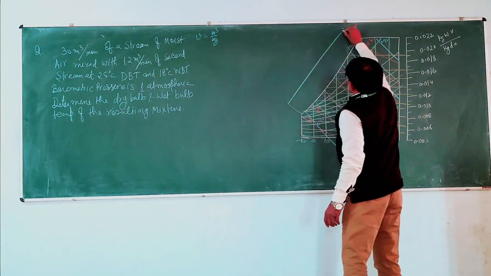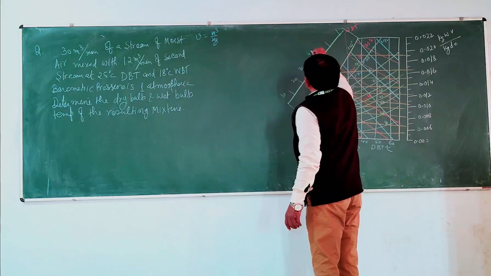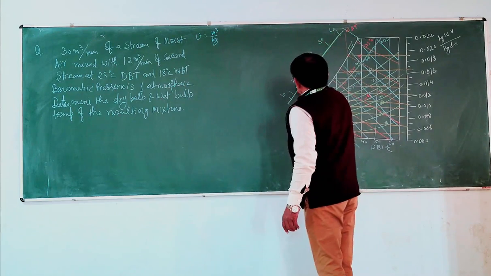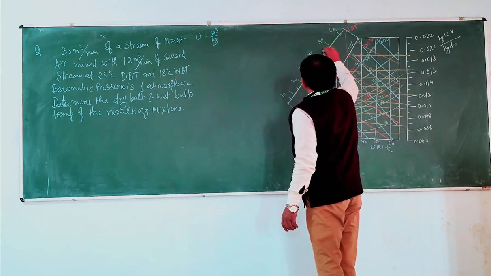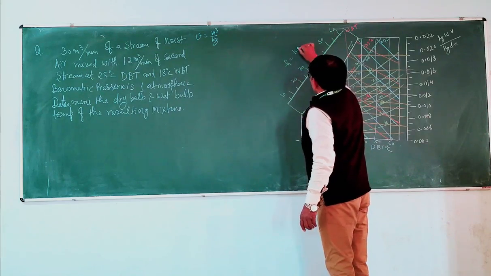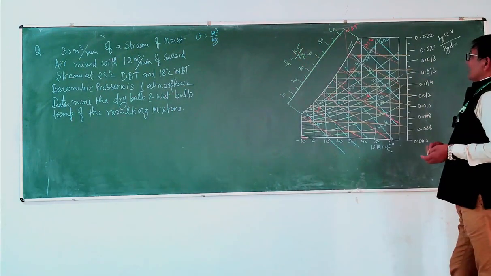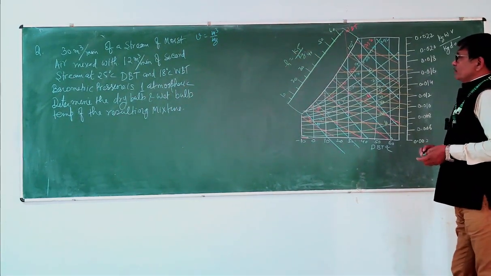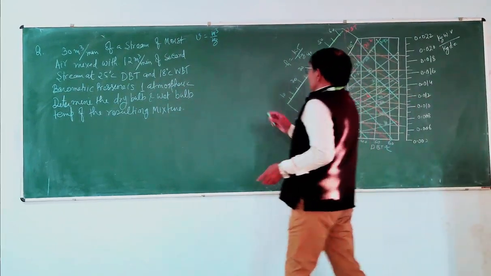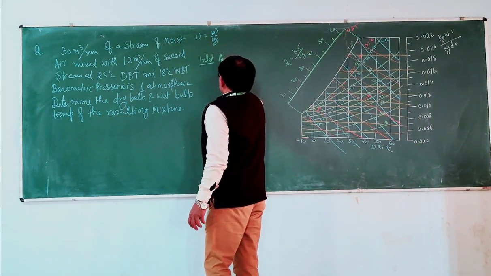Enthalpy. We get the enthalpy scale 10, 20, 30, 40, 50 and 60. Divide this scale so that we can get mid values. Enthalpy H equals kilojoule per kg. So now, according to the given data, first we find the values for the inlet stream. What is the condition for stream 1?